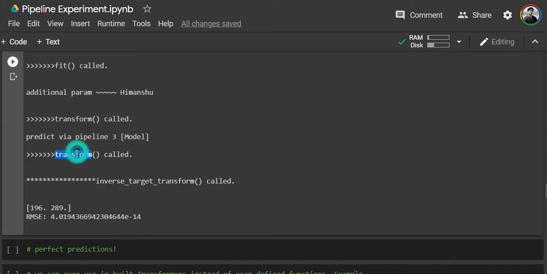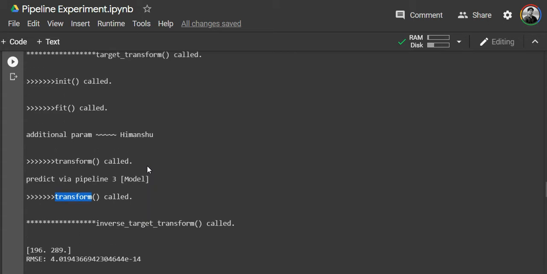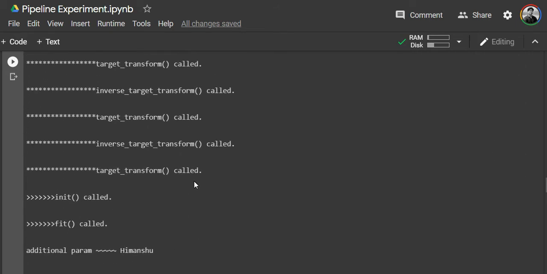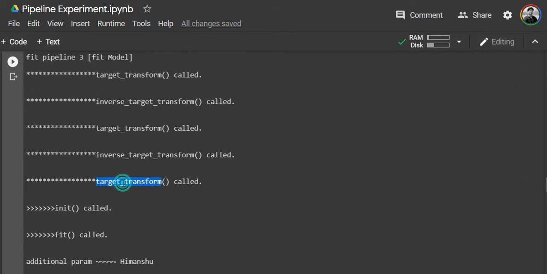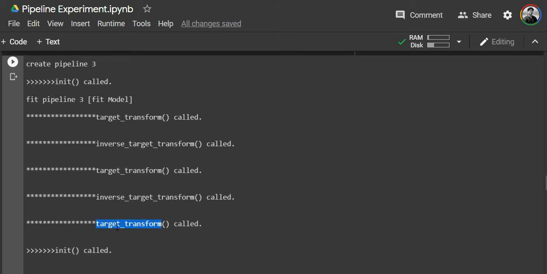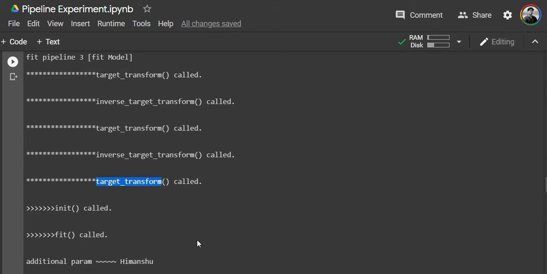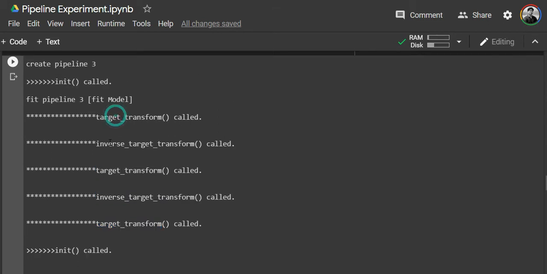I can understand that the prediction is being done, so the transform has to be called. I can understand that fit is being called, so fit and transform are called. I can even understand that for the first time it calls target transform before fitting on the training data, but I can't understand why this is called twice.